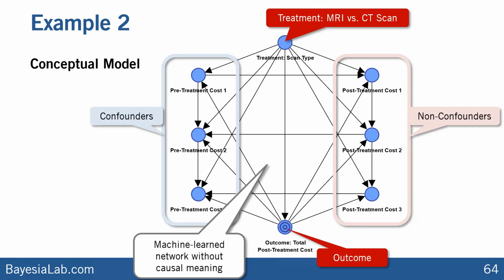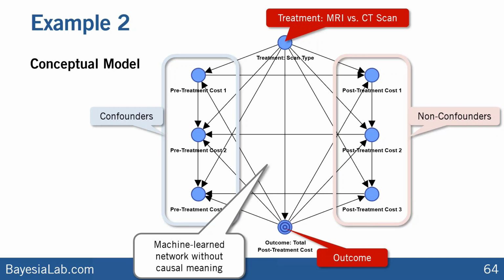As we discussed earlier, these are the ones, and in this case, pre-treatment is very obvious. It's already contained in the name of these variables. These exist before the treatment happens, MRI versus CT scans, and then everything else happens post-treatment, and inevitably they need